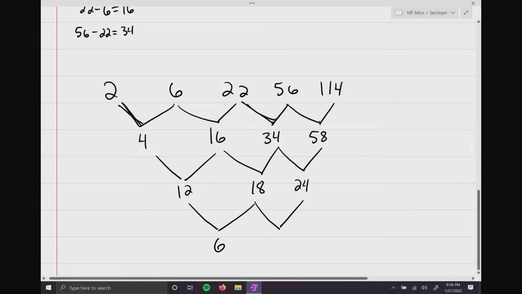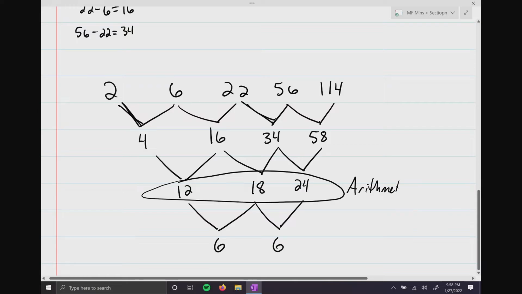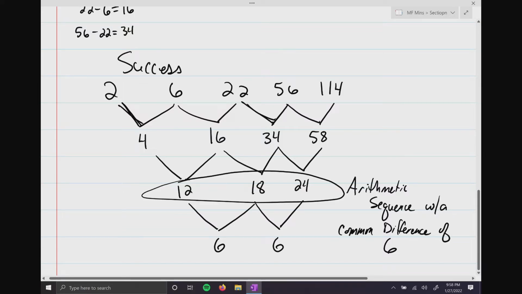And what's 24 minus 18? Well, that's 6. Okay? This row right here gives us the arithmetic sequence with a common difference of 6. And this method that we used is called successive